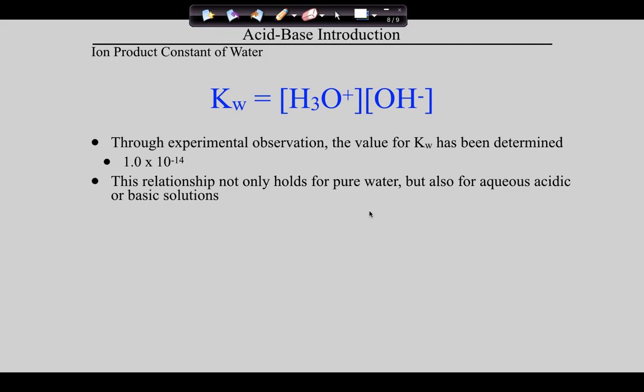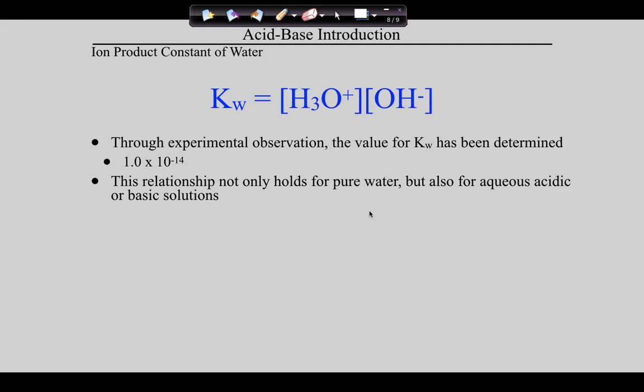But guys, understand, as we said, this relationship not only holds true for pure water, the playground. It also holds true for aqueous acid-base systems, the kids in the playground. So when we put kids on the playground, Kw doesn't change. Because Kw doesn't change, if we know the hydrogen or the hydronium ion concentration, we can figure out the other